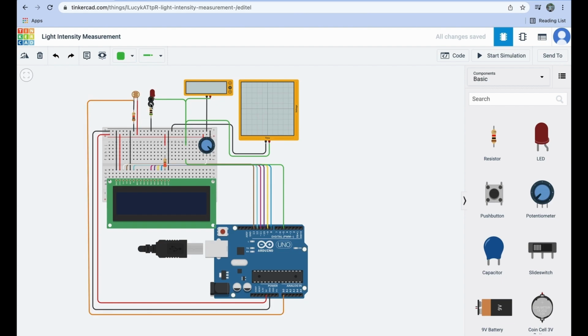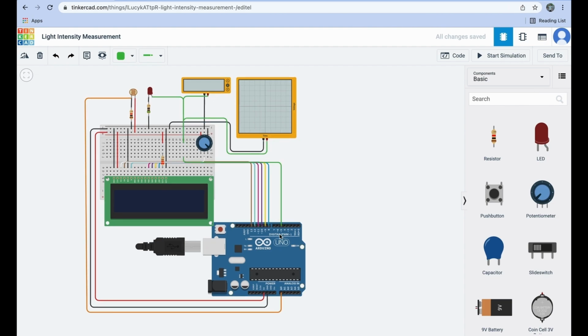The cathode of the LED is connected to a resistor, which in turn is connected to the ground, whereas the anode is connected to the output of Arduino at pin 5. The voltmeter and oscilloscope have each of their negatives connected to ground and positives connected to the output of Arduino at pin 5.